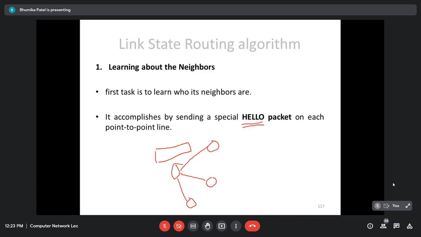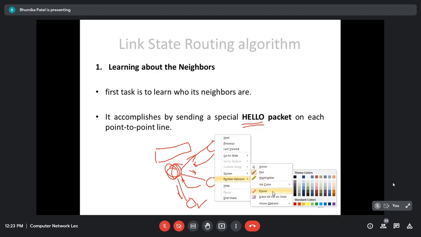It sends this packet on every point-to-point line, and the router on the other end is expected to send the reply back by giving its identity, that is, its own IP address, so that this router will be able to identify who its neighbors are.